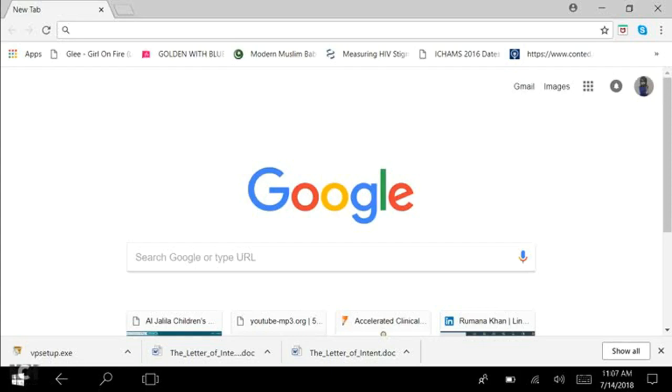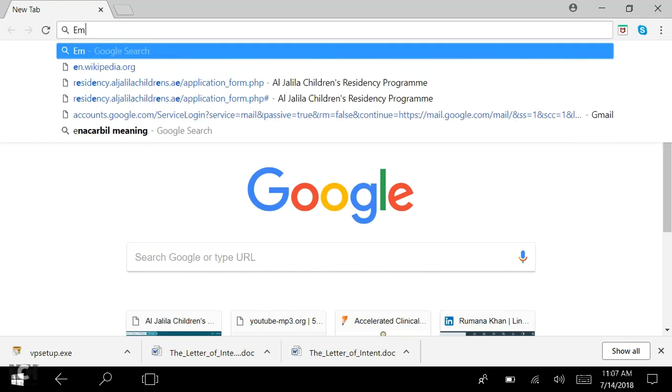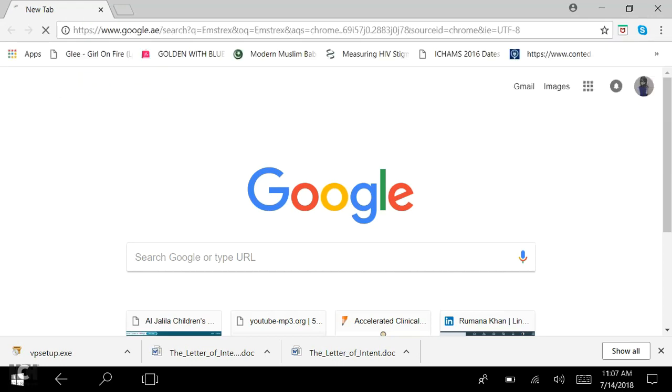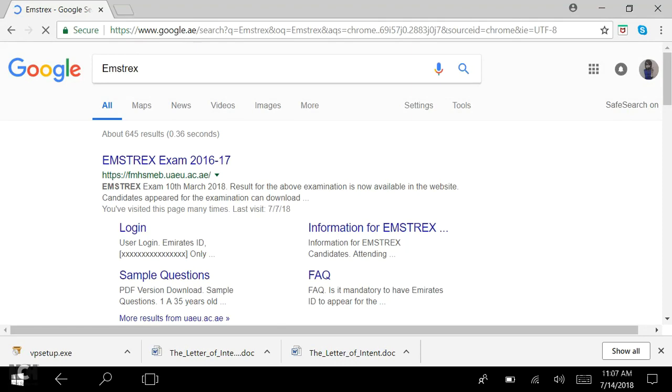Hey everybody, today I'm going to be showing you how to apply for the UAE residency exam. It's called EMSTREX and we're just gonna type that into Google right here. And the first link is the right one, even though it says 1617 now, but it'll update to 2018 later